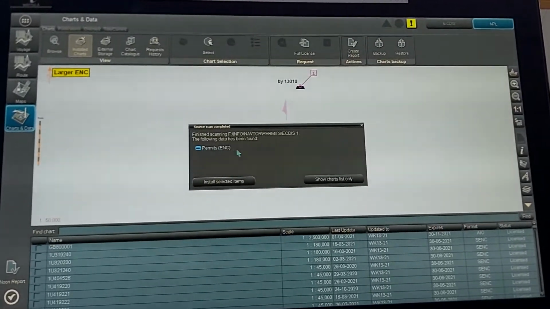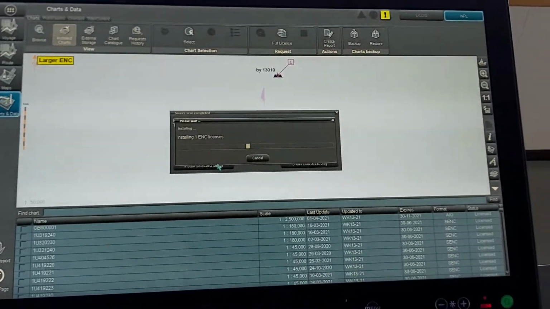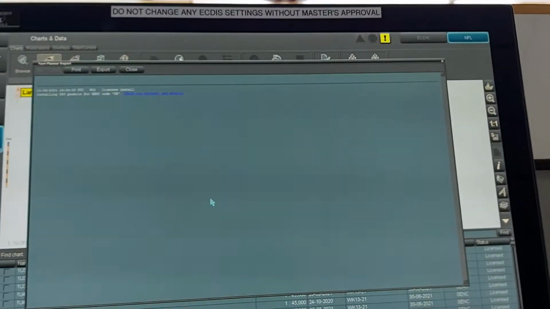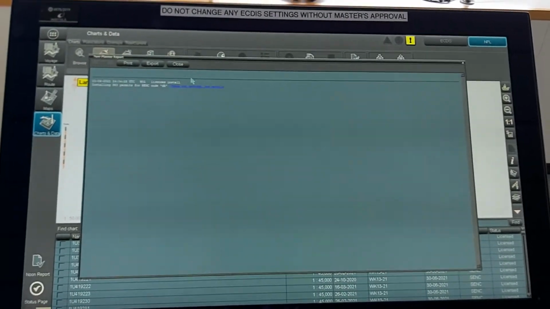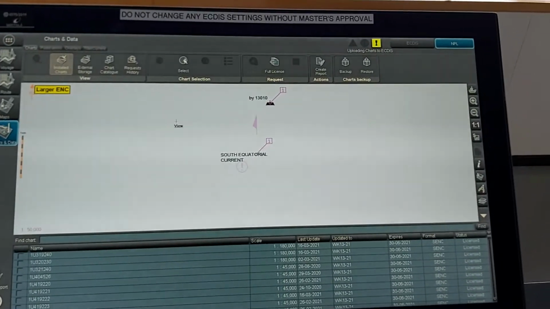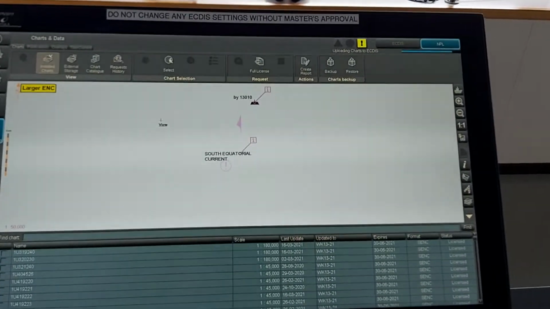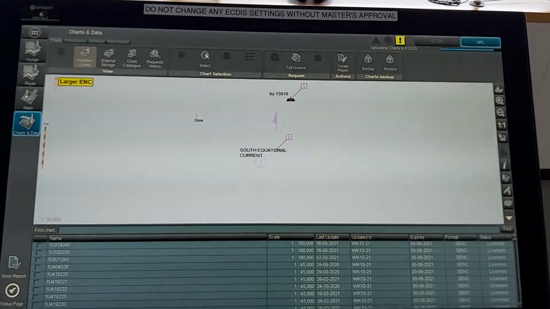Now you can see a window is popped up. Select the, now press close. Now you can see on the top corner side, uploading charts to ECDIS.